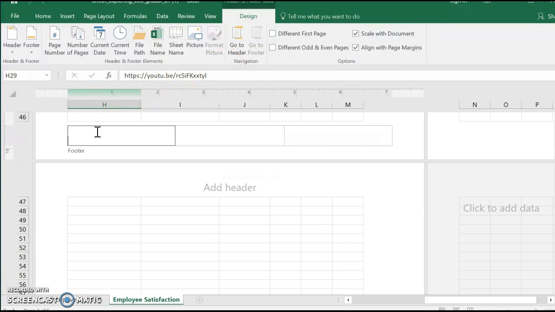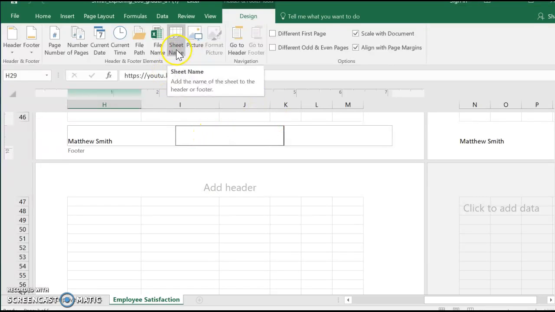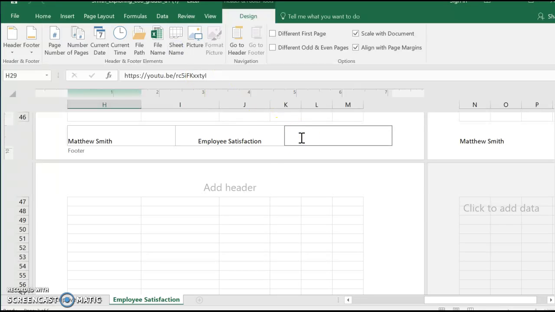Now in a footer, you want the sheet name code in the center, the file name code on the right, and your name on the left. So here I'll put in my name. Next, in the center, you want to put the sheet name code. Over here, here it is, right here, just press sheet name. And then the right, you want to put file name. Click on file name, enter,